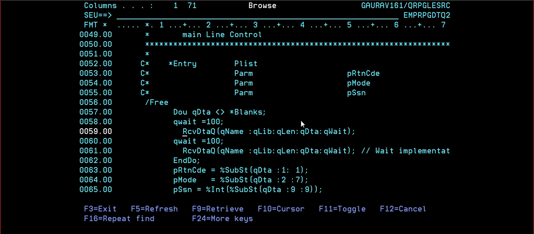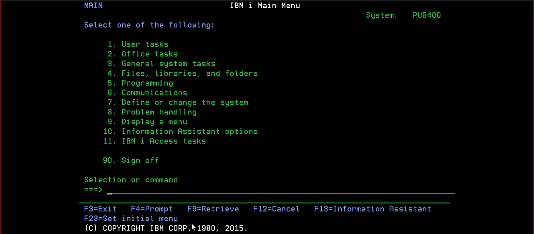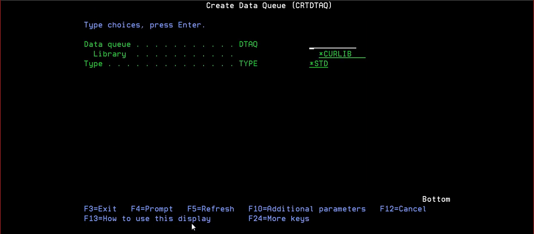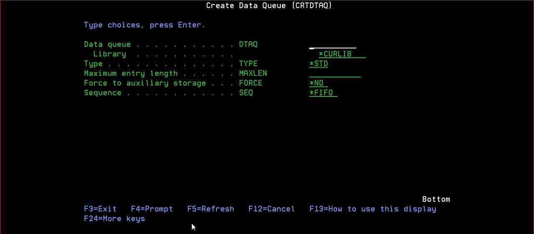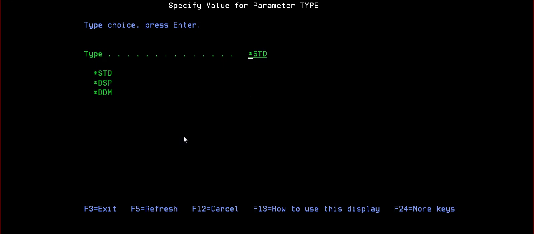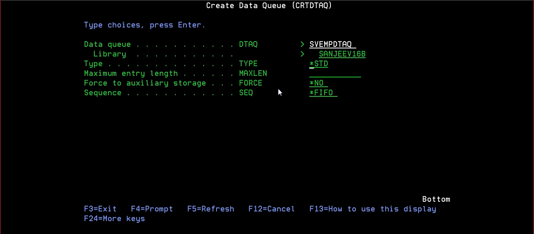So let us first create a data queue. We will do CRTDTAQ. The data queue name, what data queue name? So I can say SVEMP, SVEMP DTAQ. Type: if you see standard or DDM, it will not be DDM.